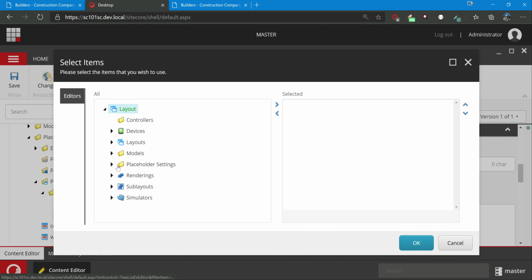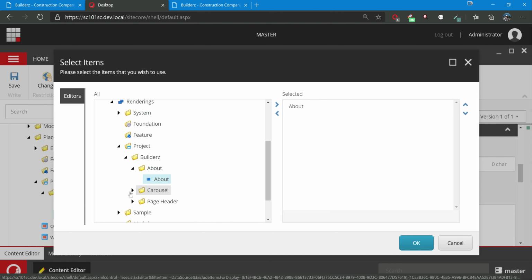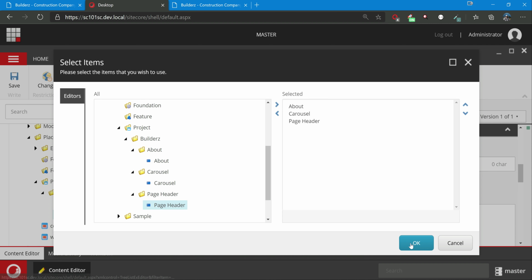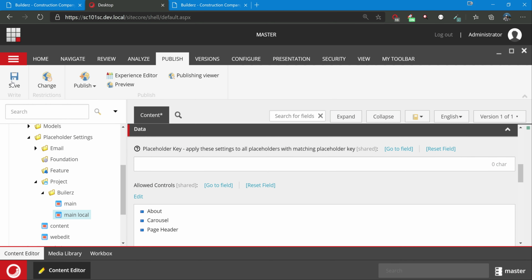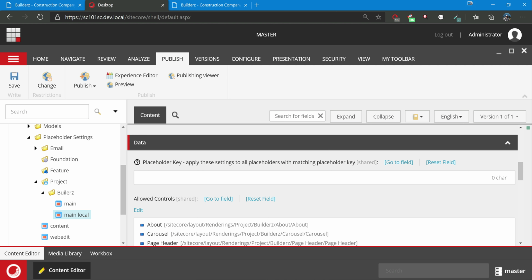Now you can add all the controls. Let's add all of them: project, builders, about, carousel, and page header. Okay, now save this. The second step is that we need to create this for the local one. For the global one, we don't need any second steps. As soon as Sitecore sees that it matches a placeholder key, it automatically applies all those settings.